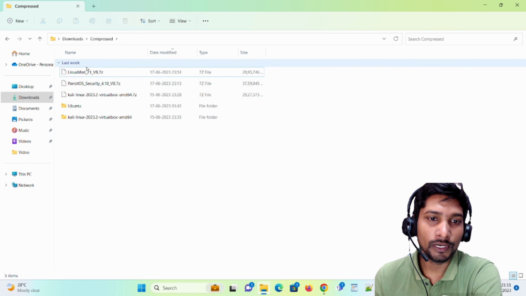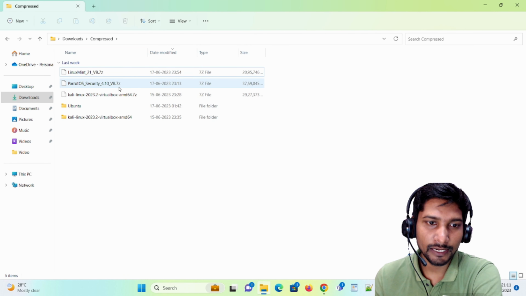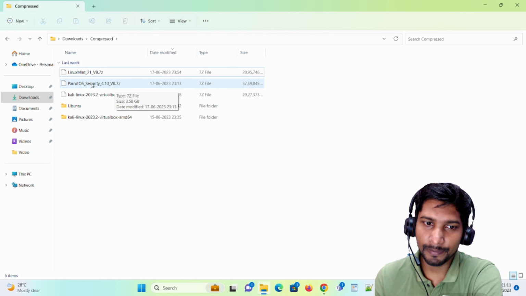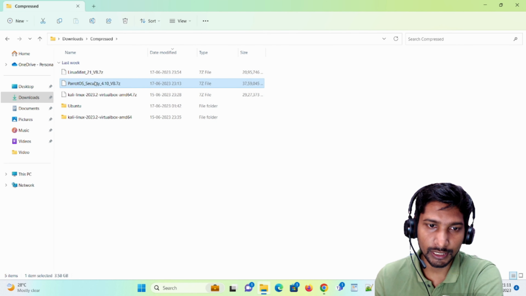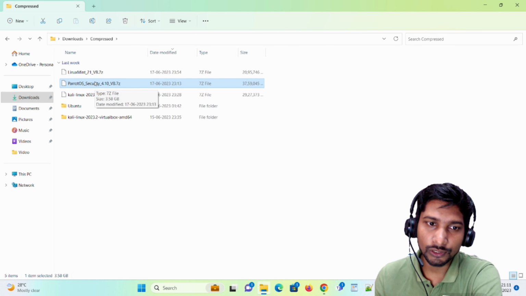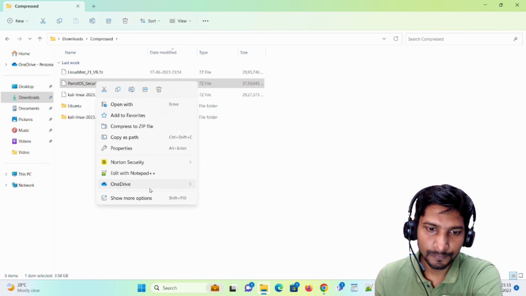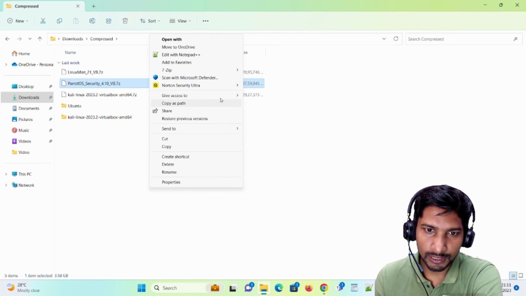Okay guys, so here is the download section, and if you can see, here is the option Parrot OS security. So what I'm going to do, just right click here, and after this,